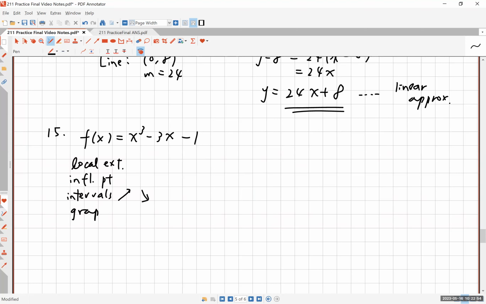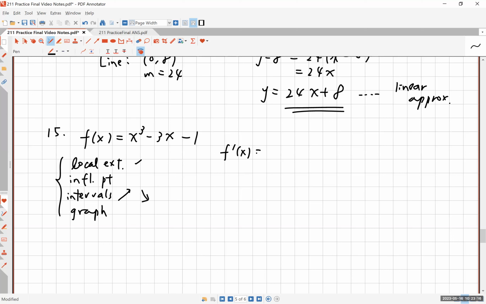All right, so this type of question is going to be worth a lot of points, probably 10 or more points on your final. Remember, you had a 20-point question in one of those exams. All right, so what do you have to do? Well, for any of these local extrema and increasing and decreasing and graphing, it really helps if you know the